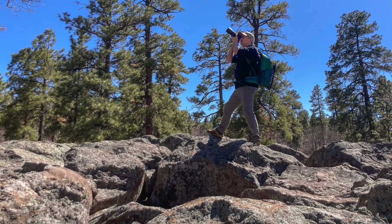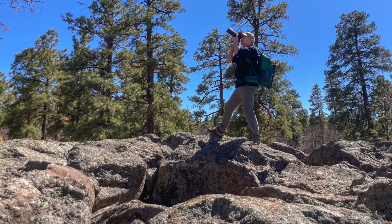I've been using Think Tank bags, cases, and accessories for years, so when they offered to send me this Backlight pack, I was thrilled. It was great timing because at that time I wasn't too happy with my Peak Design pack, just didn't fit my needs. And like every photographer, I'm always in search of the ideal way to carry my gear. I do have a closet in my studio filled with various bags, backpacks, and cases. I have to say though that this one has really been great as far as being versatile for many different